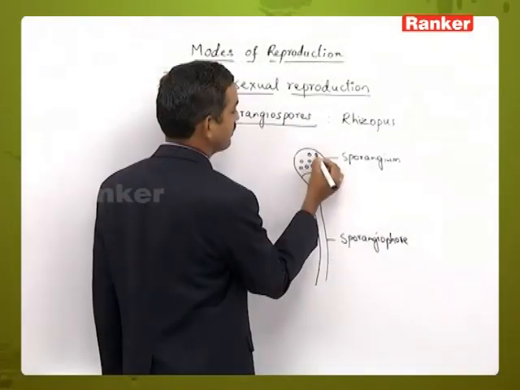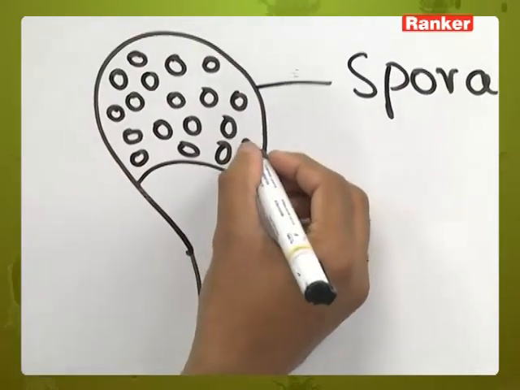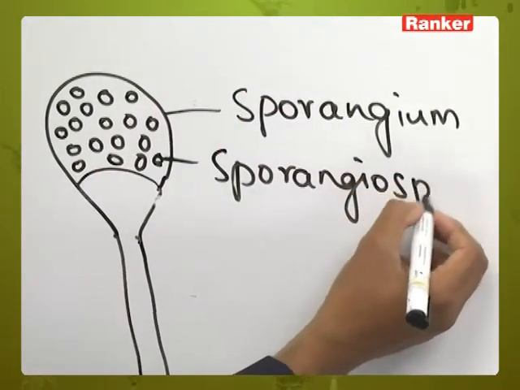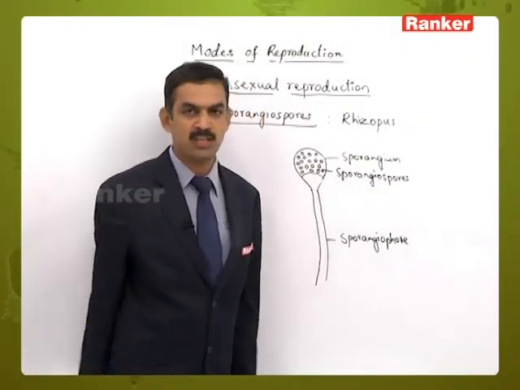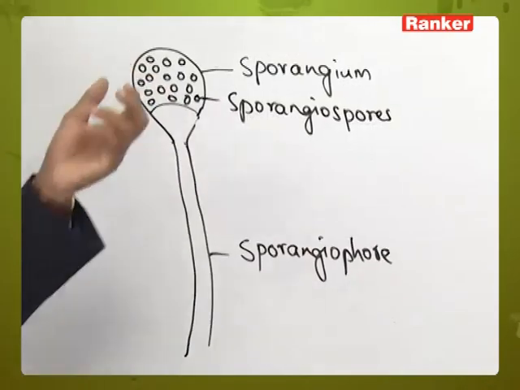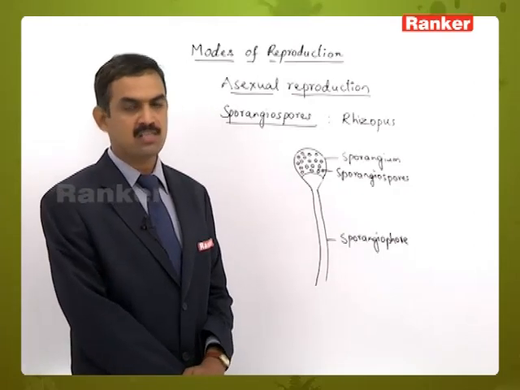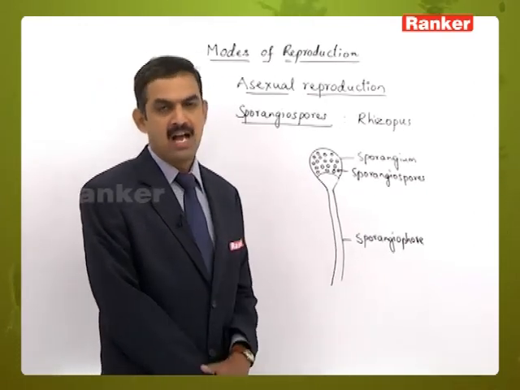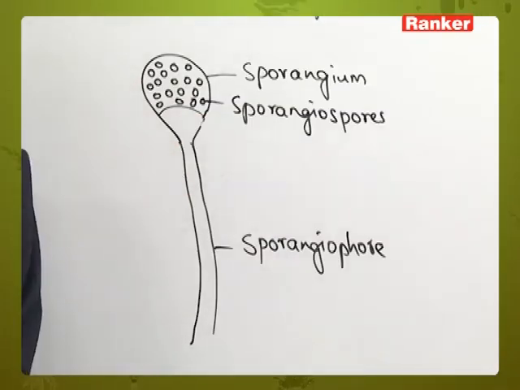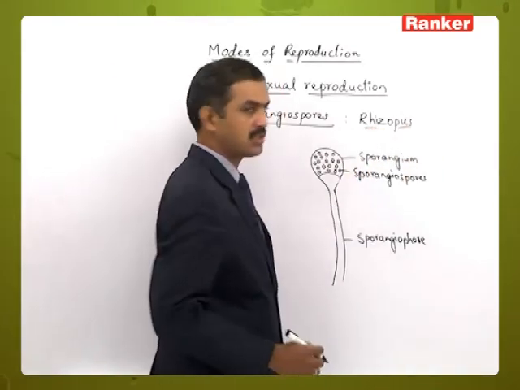These spores are called as sporangiospores. The sporangiospores are haploid structures which either may contain one nucleus or sometimes more than one nucleus also, and when the sporangial wall is broken all the sporangiospores are liberated out, and these are the non-motile spores. They are carried by the wind, and when they fall on suitable substratum, each sporangiospore will germinate and give rise to the daughter plant. So this can be seen in Rhizopus species.